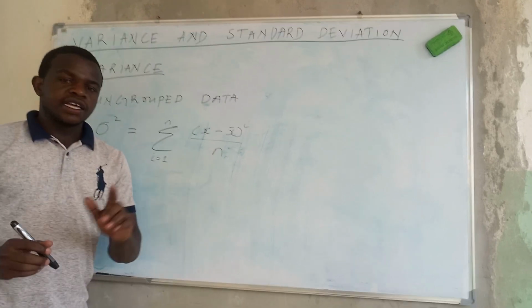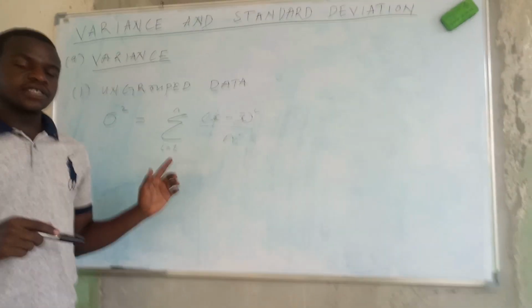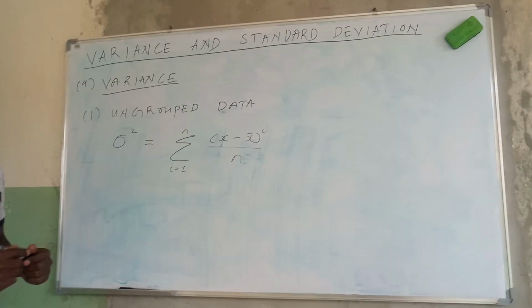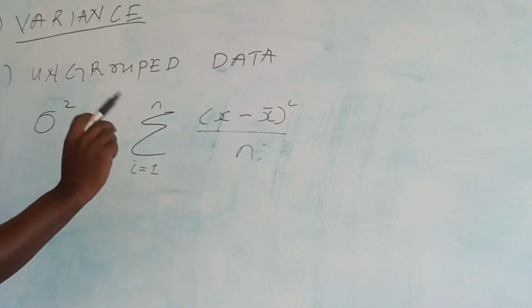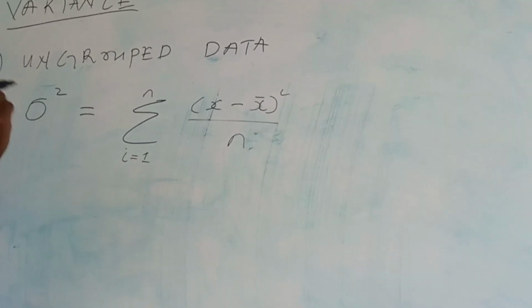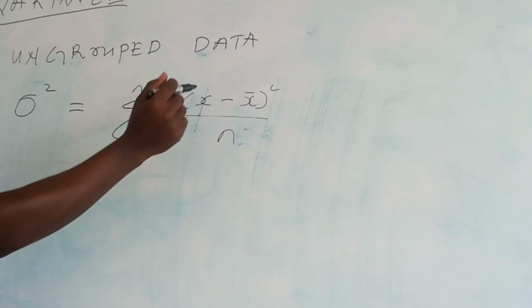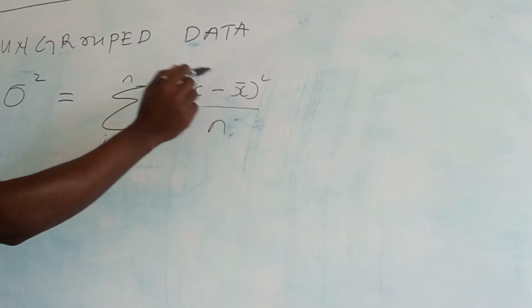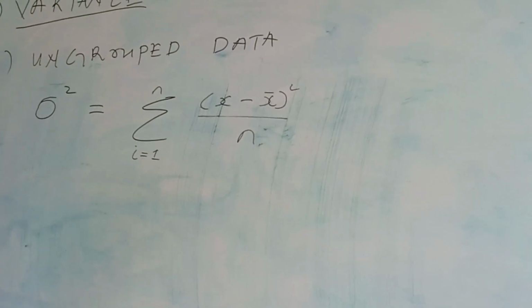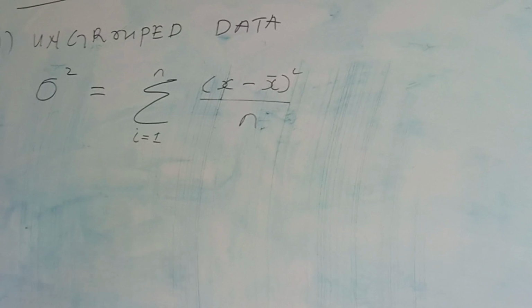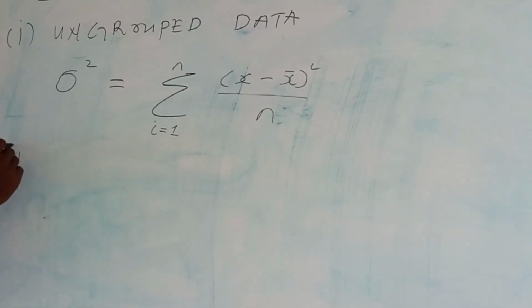This is the formula that you use when calculating the variance for ungrouped data. My x here represents each value in a data set, x̄ represents the mean, and n represents the total frequency. Then the formula that you use for grouped data